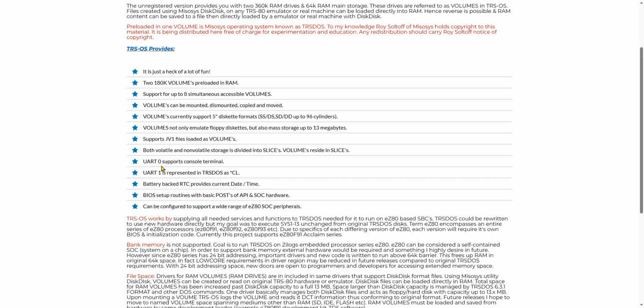Very importantly, we have 2 UARTs, UART0 and UART1. We present these to TRSDOS. I've written drivers for them, so TRSDOS sees these as such. Our console is UART0, and it works as our system's console. And I recently wrote new video drivers for the console, and we're pretty well running